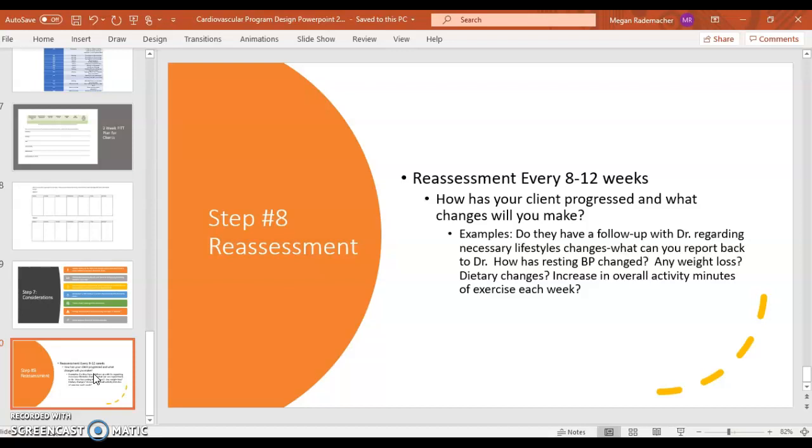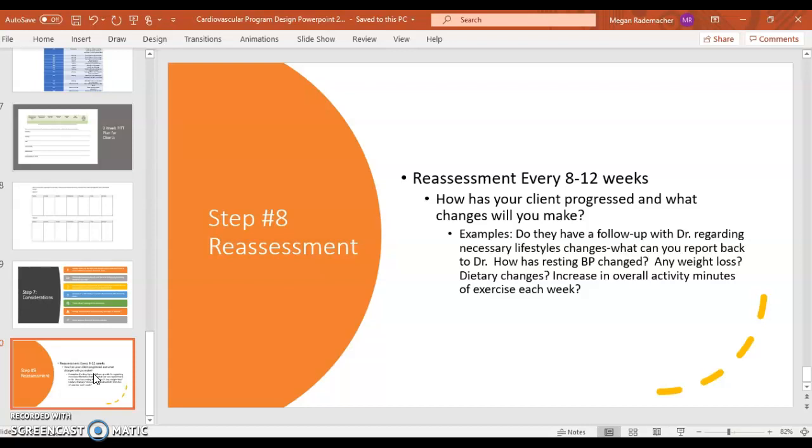Great reassessment for people is to literally have them do the same workout that they did on day 1 when they came to see you, and then have them repeat it 3 months later. So 12 weeks later, have them repeat it and see what their heart rate was during the workout on day 1 and during the same workout 3 months later. Now, obviously, hopefully your client has increased their cardiovascular health, and that their heart rate is much, much lower during that second time that they're repeating the exercise, because the exercise has now become very easy to them because they have built that base and they're able to exercise a bit more intensely.